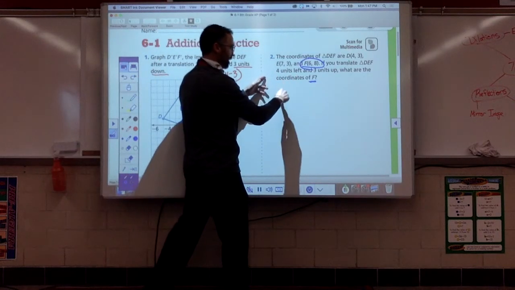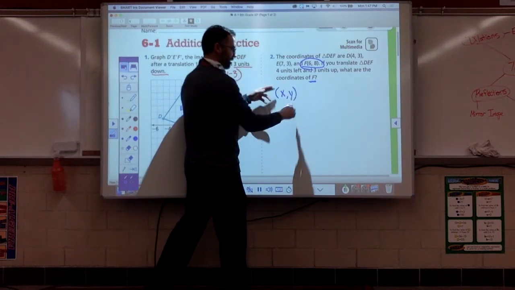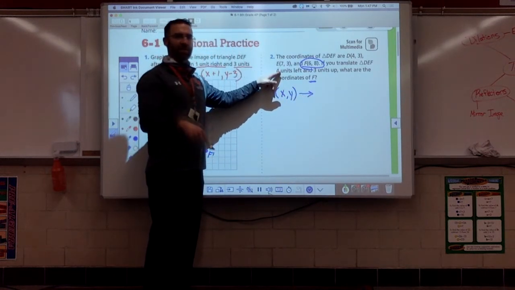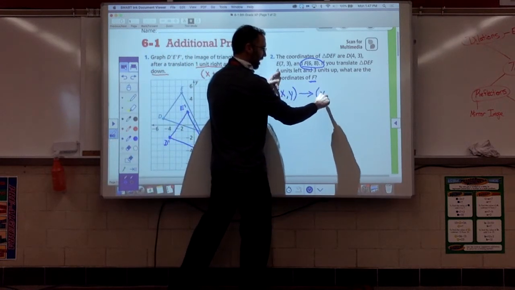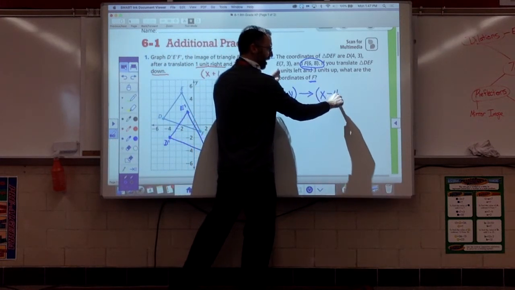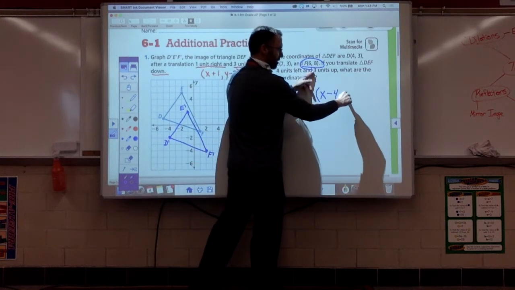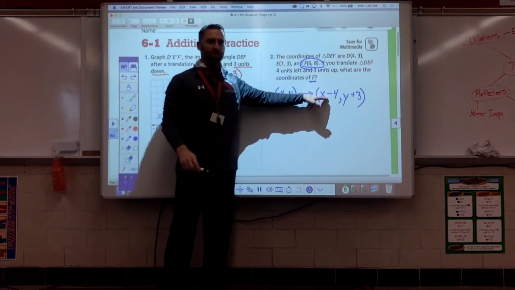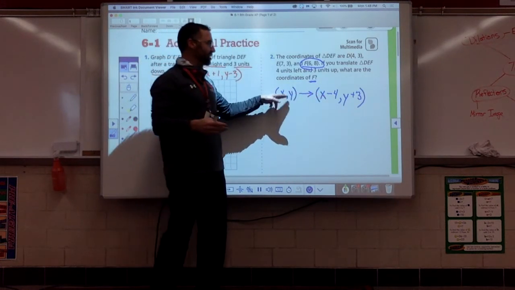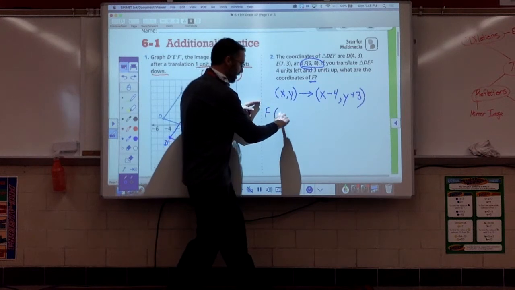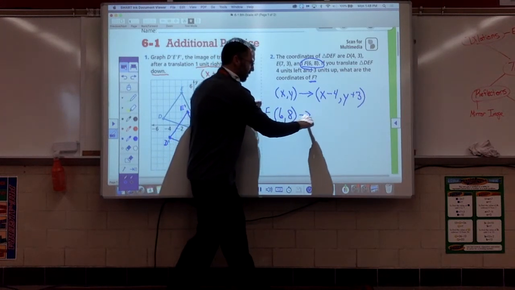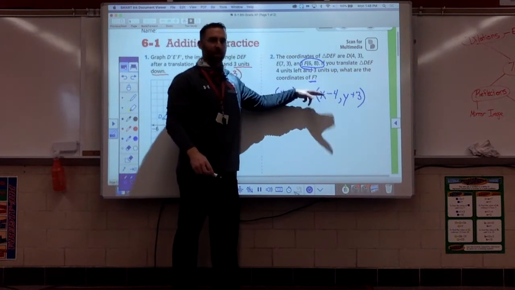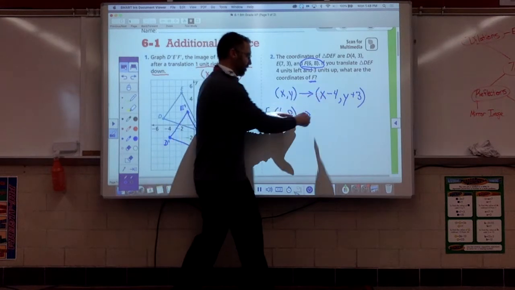Let's think about if we had a given point and I apply this rule to it, which is 4 units left, 3 units up. 4 units to the left is going to take my x value and subtract 4. 3 units up is going to take my y value and add 3. So we have to apply this rule to the coordinate. Point F is the point 6, 8. The x value goes here, 6 minus 4. We're taking 4 off of that x value. So my new point,